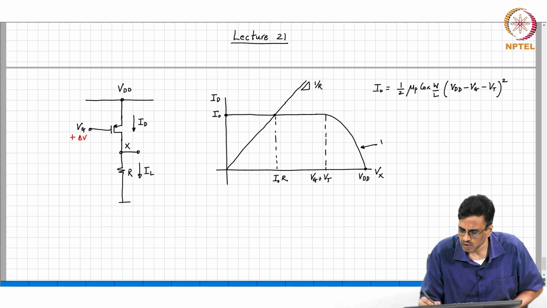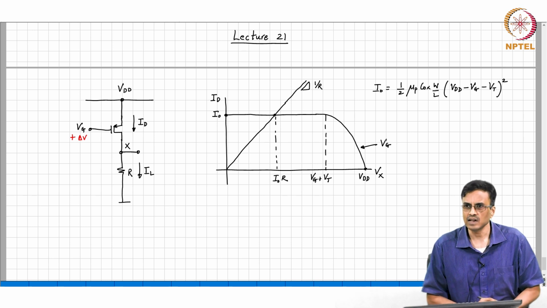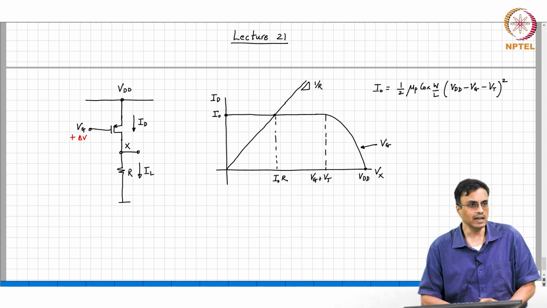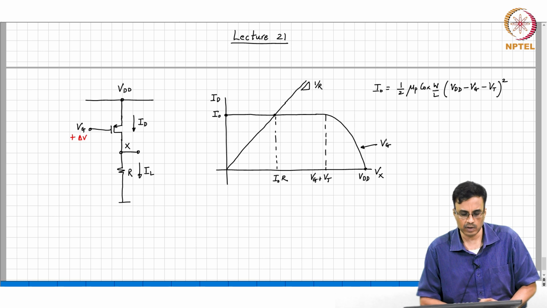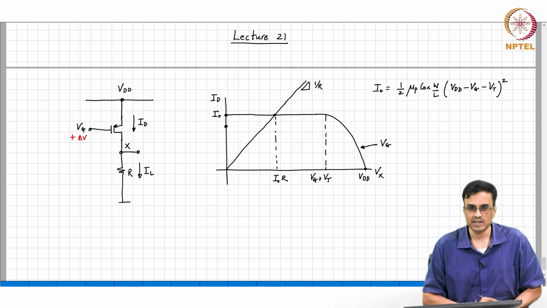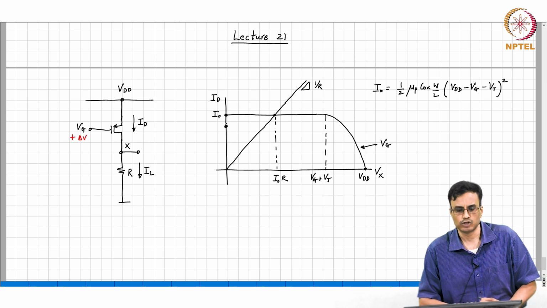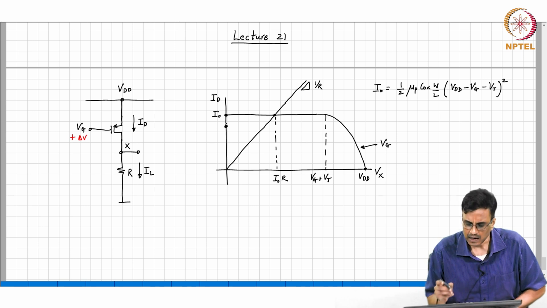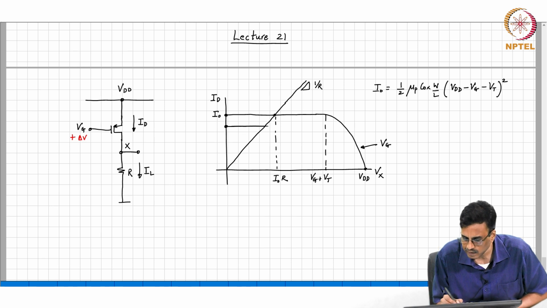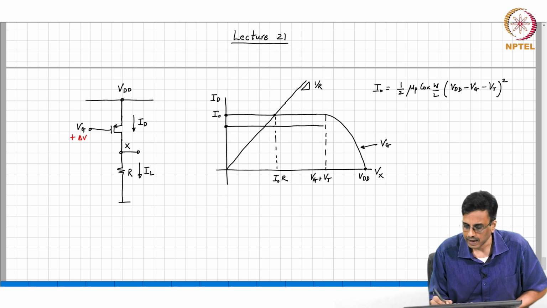This curve corresponds to the gate voltage being Vg. What should we draw now? We need to draw another curve corresponding to Vg plus delta V. So, the gate voltage is increased by delta V. What comment can you make about the current? The current has decreased. How much has it decreased by? Assuming it is a small signal, it is reduced by Gm delta V. So, this characteristic will look like this, and again it will fall off